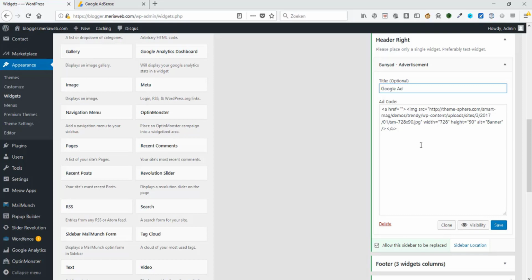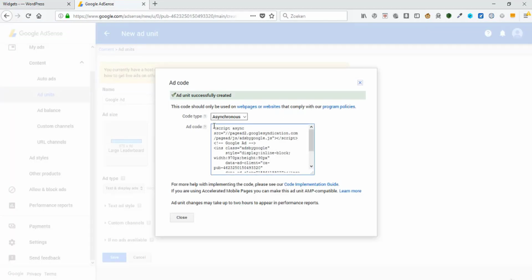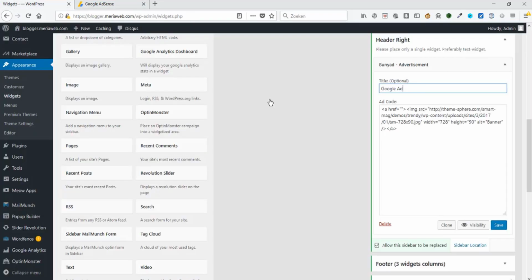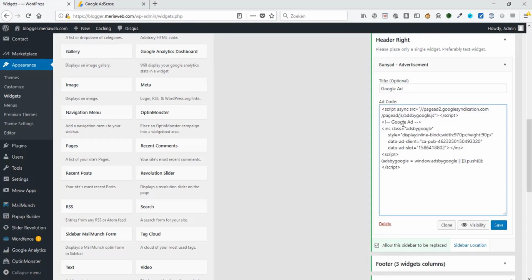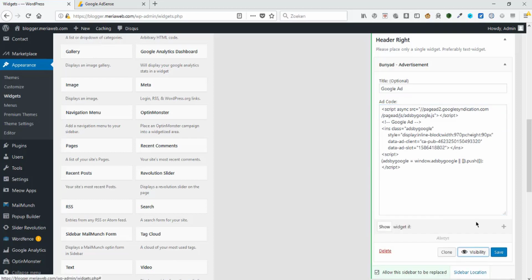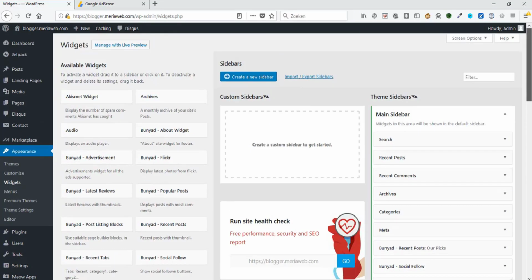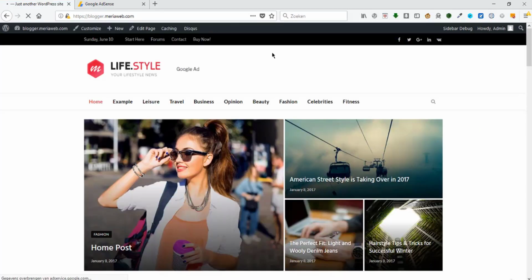So right over here we're gonna give this a name. I'm gonna call this Google Ad, and I'm gonna paste it right over here. I'm gonna copy this and I will paste it right over here in your Google Ad. So I'm gonna save it, and when you've saved it, we're gonna visit our website, but it doesn't pop up